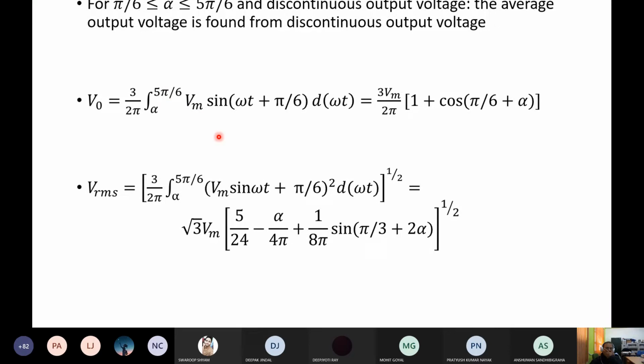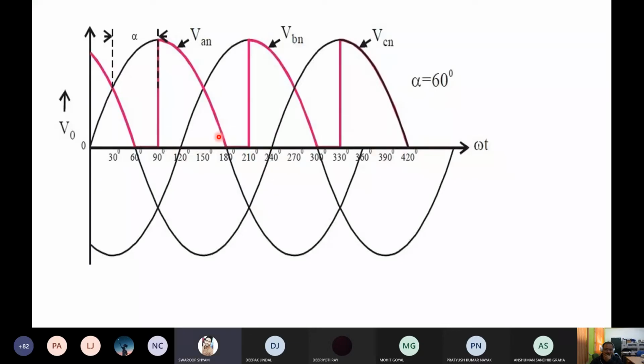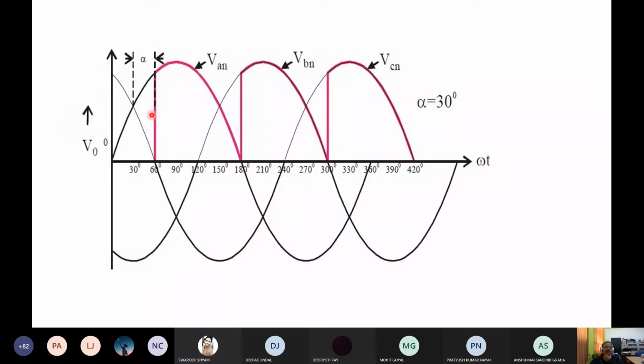Any question? Just one waveform you draw. This one. Less than 30 degree. So shift here in between. This is 0 degree, this is 30 degree. Between 0 and 30 you draw. This is the reference for triggering pulses. So one pulse you draw here. This shift is vertical to here. You learn how to draw. It must be available in the book also. You are asking any question?